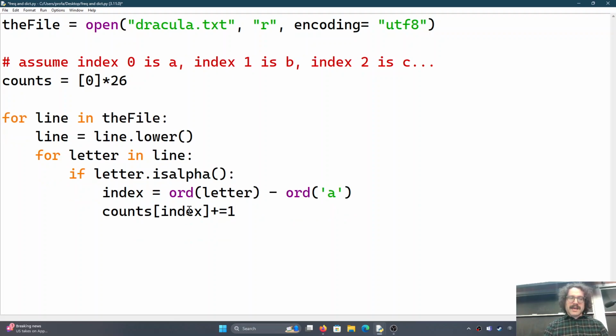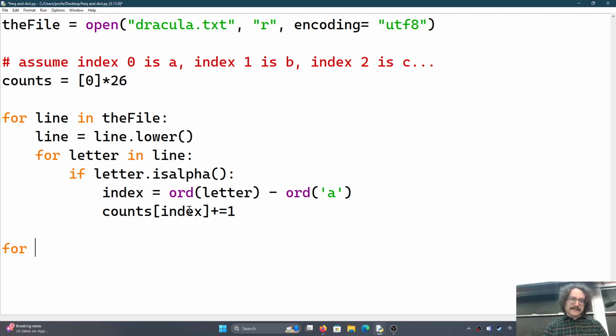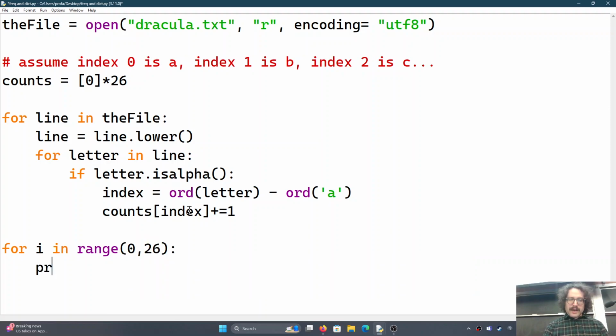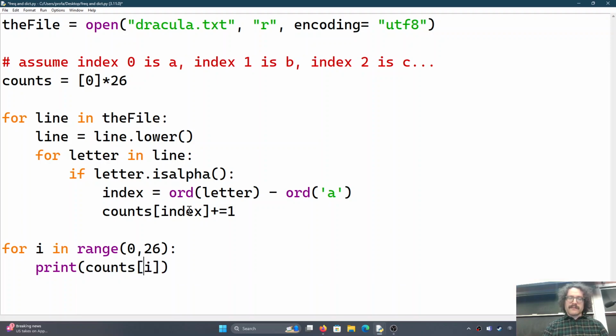And now we can say, for I in range 0 to 26, print counts of that. So we're going to print out the amount of times I've seen that letter, and let's just give ourselves a visual guide to know what it is. So we know it's A, B, C, D, E, F, G, and